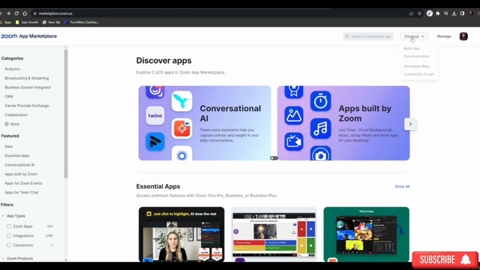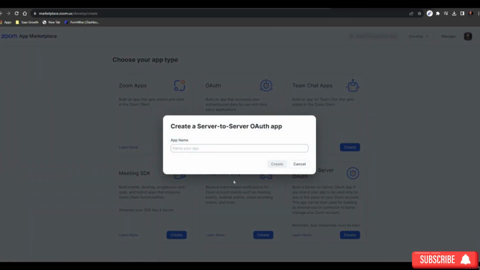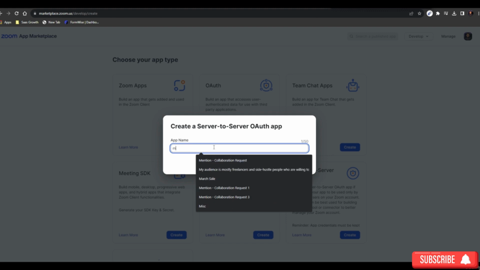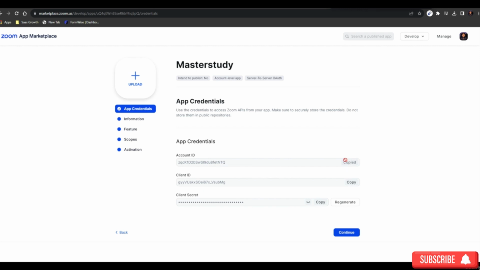To do that, we'll just go to develop and build an app, and now we need server to server auth credentials. So I'll go to server auth credentials, and here I'll name it master study. And after doing this, I'll hit create, and those credentials would be created, and I just have to copy and paste those credentials. This is the account ID,